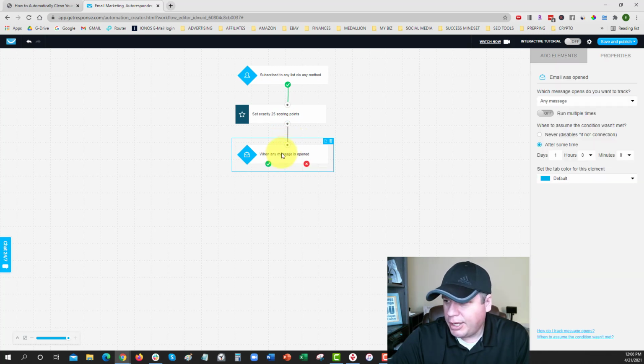Okay. Now, depending on if they open up the email or not will determine the next trigger points, right? So if they do open up the email, we're going to do something here on the left. If they don't open up the email, signified by the red X, a different action is going to be taken. Okay. But before we add that in, you'll see over here on the right side, there's some specifications that we